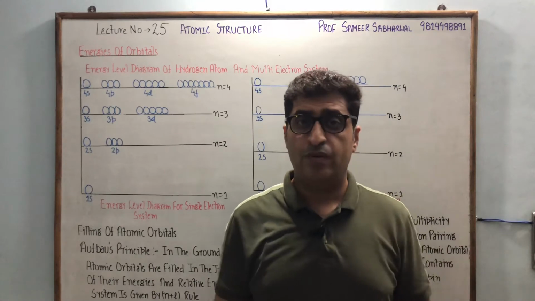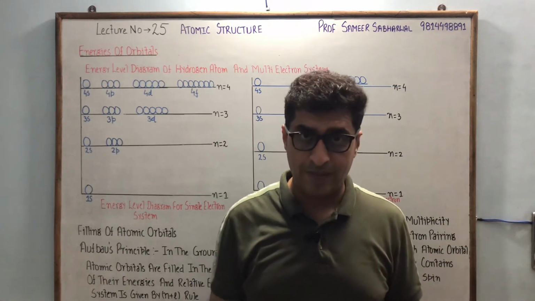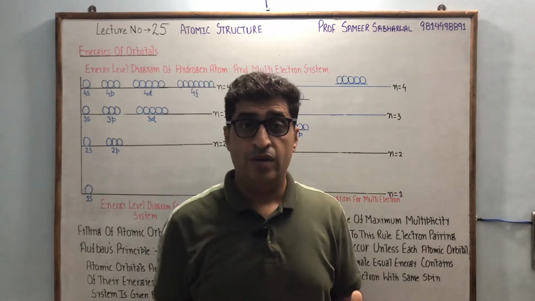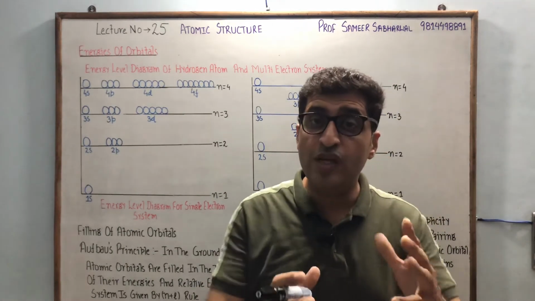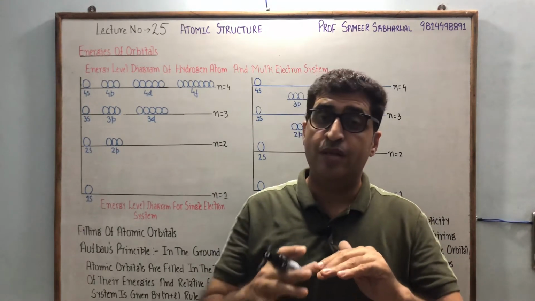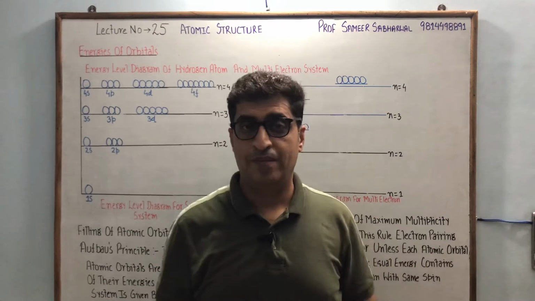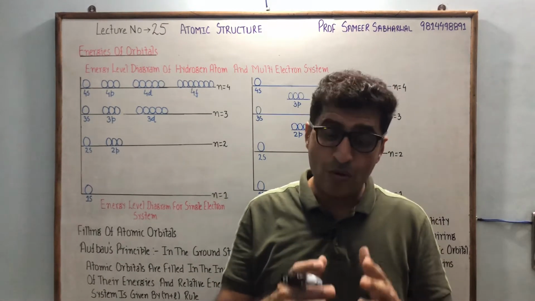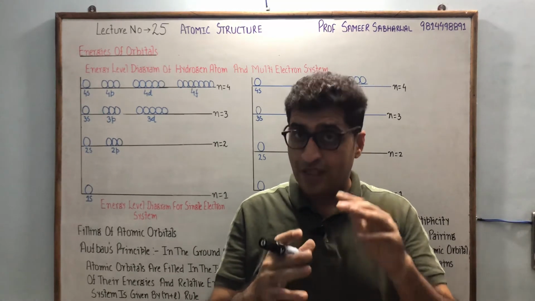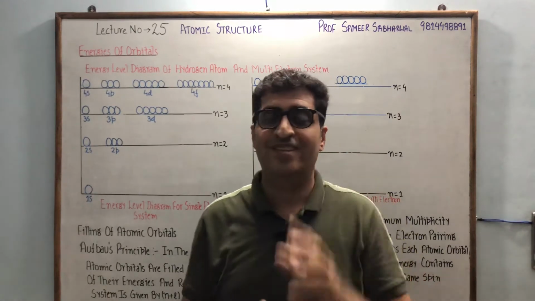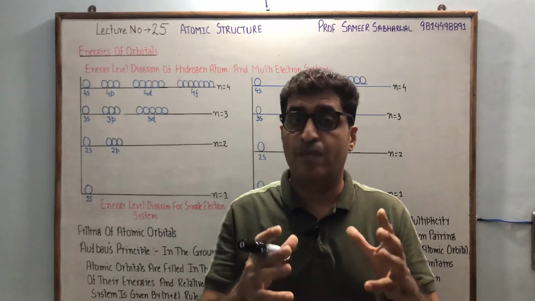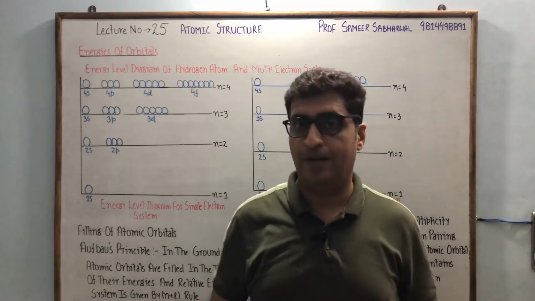In an atom we have a number of orbitals, and in order to differentiate or identify various orbitals, we need quantum numbers, where n gives us information about the main shell to which the orbital belongs. L, the angular momentum quantum number, gives us information about the subshell to which that particular atomic orbital belongs. Is it clear? And the magnetic quantum number gives us information about the number of orbitals in a particular subshell.